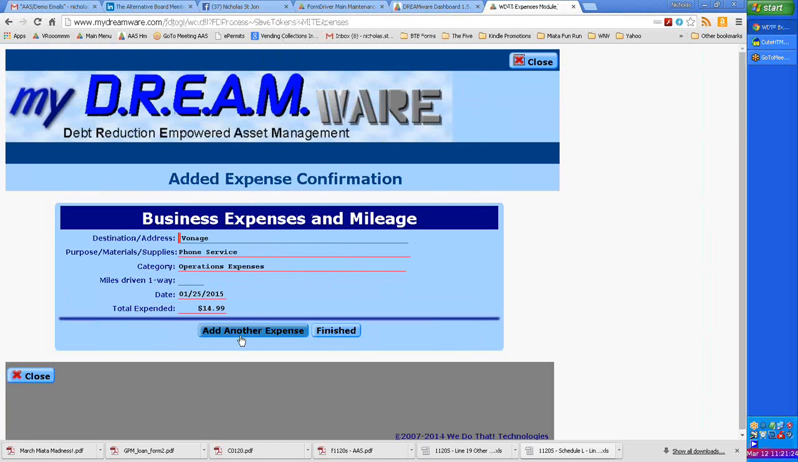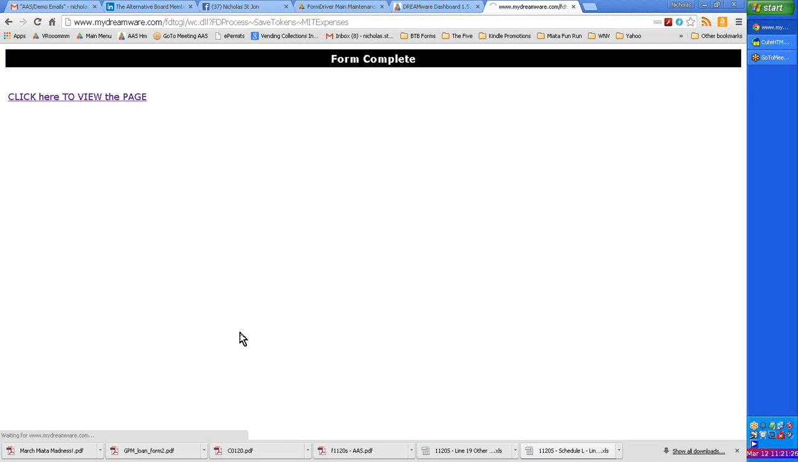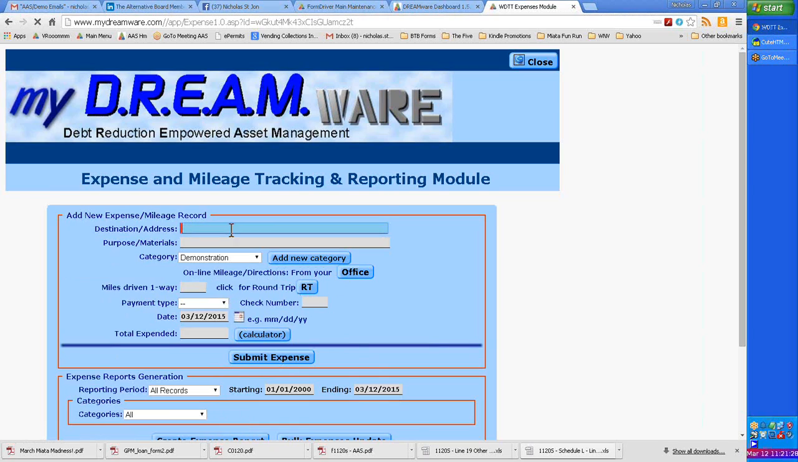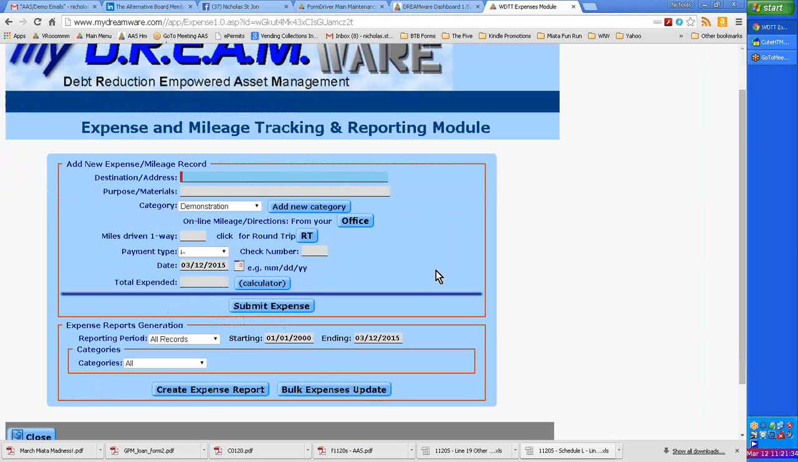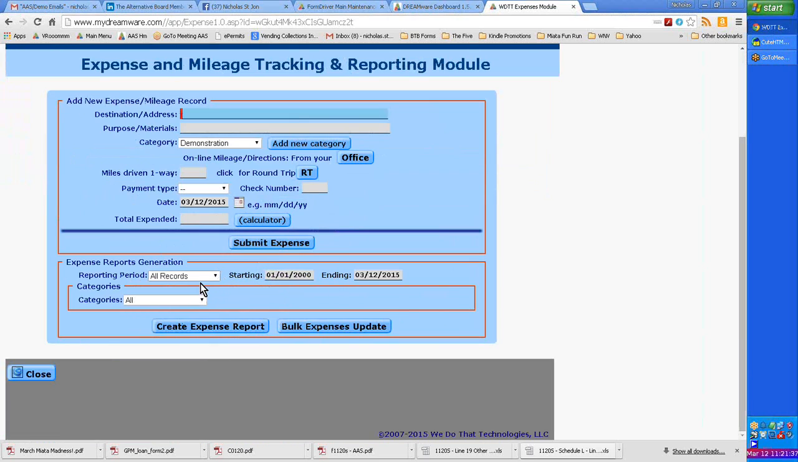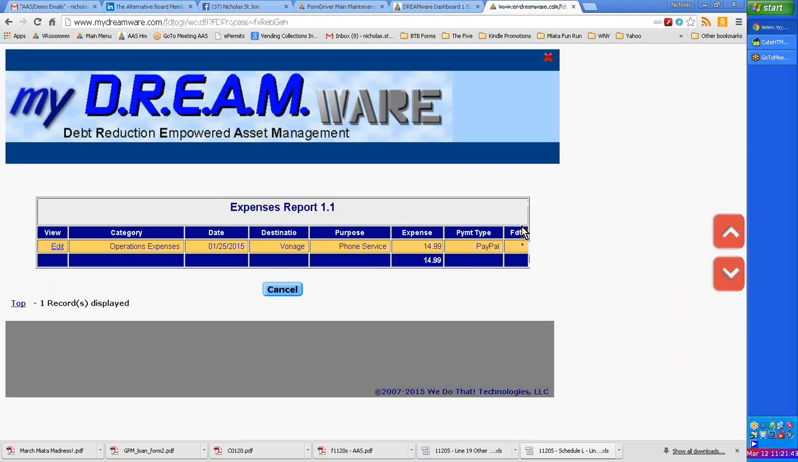When it comes back here, add another expense. It's going to reload the categories. So now you'll see we have a new one, operations expenses. So now when I come down to the bottom and we're going to generate records, I'm just going to go to operations expenses because I want to update this as a recurring expense. So when I edit it,